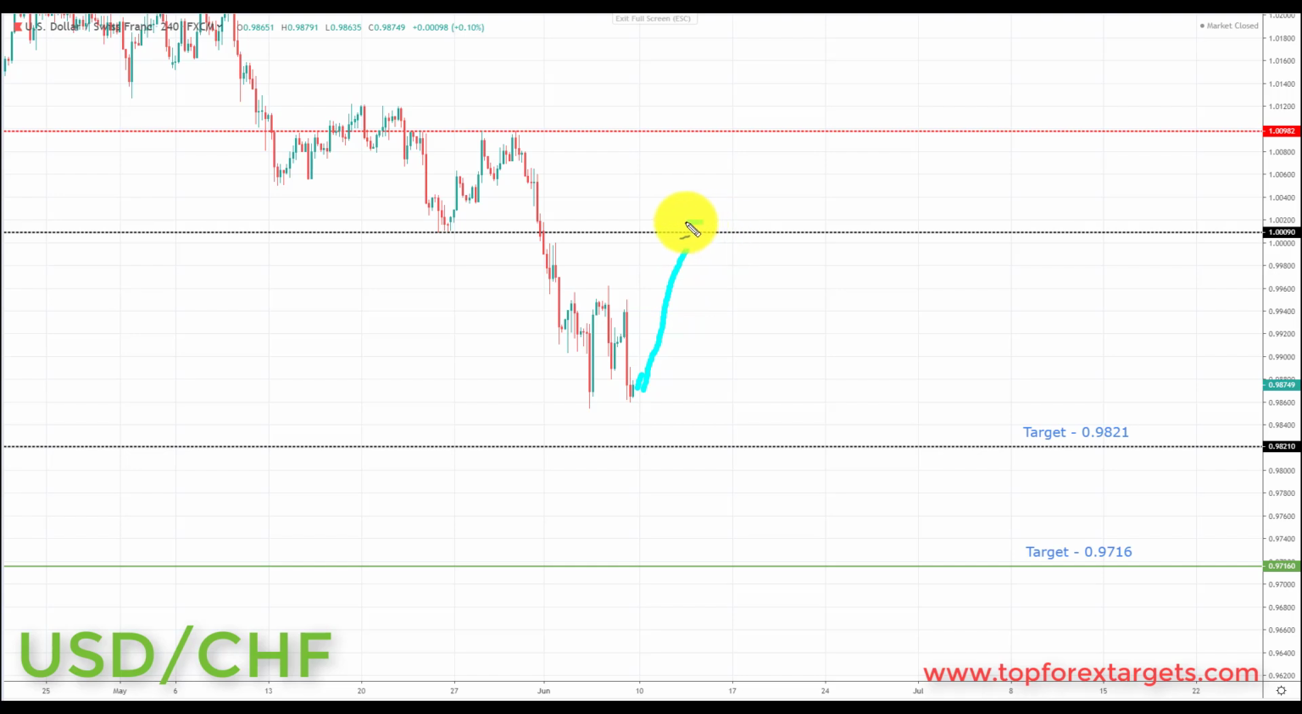Preferably, as always, if we can come back and retest broken support turning resistance at 1.0009, this would be the preferable place to start to look for bearish formations and patterns. And we're going to be looking at initiating shorts down towards the next key area of support to the downside and the target set at 0.9821. And if we can get a breakthrough here, we're going to be looking down towards the next key area of support to the downside and target 2, the